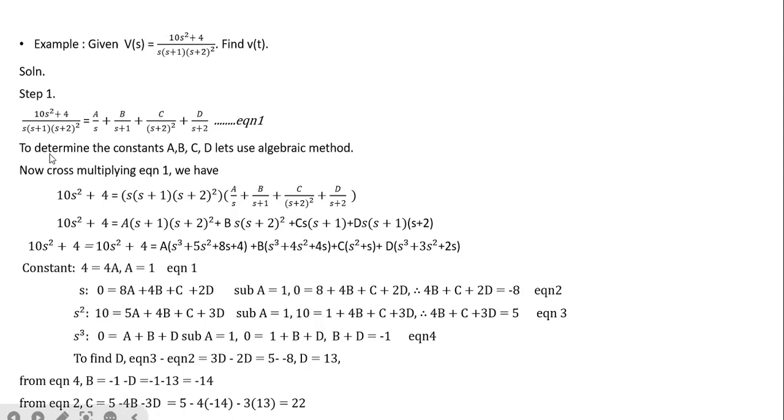Now, to determine the constants A, B, C, we use the algebraic method. Now, cross multiplying, what do we do? We cross multiply, just like you have this. This will cross over this, all right? This will go towards this side. And when you cross multiply, mind you that all of this is what you have here. When you cross this, this will cancel all of that, and you're going to have that. So you're going to have this crossing over here. Now, when this crosses over here, now multiplying A, you know definitely well that